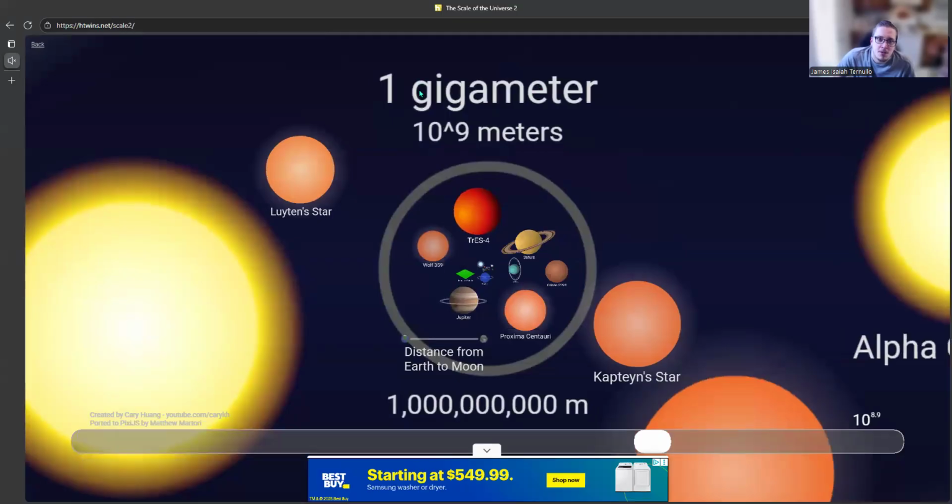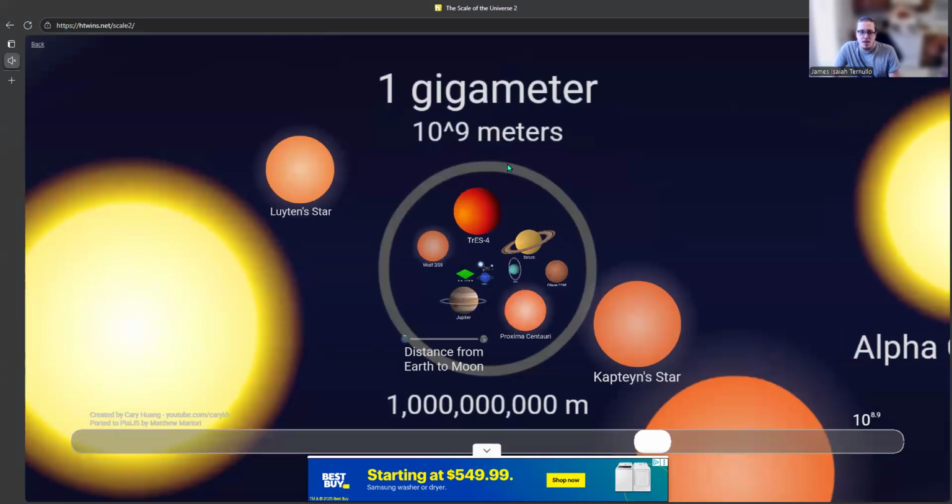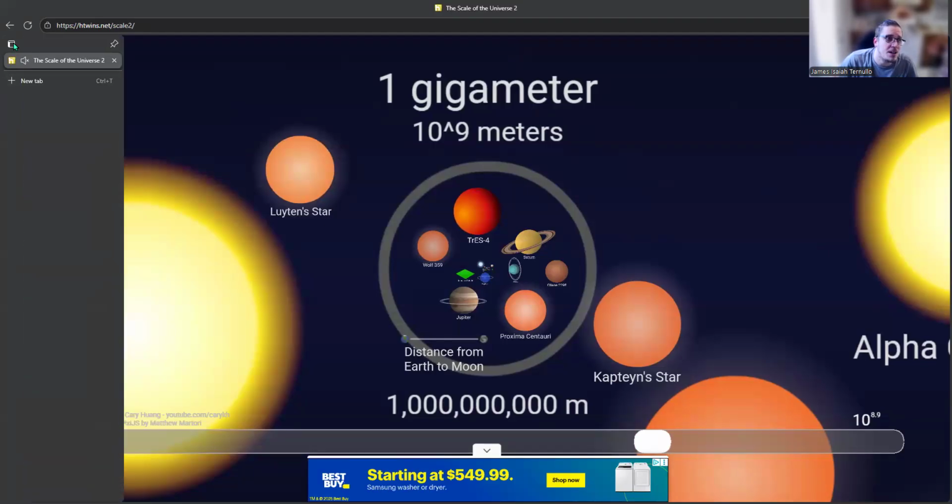Within this circle is everything that is measured with a gigameter, or is on the order of a size of a gigameter. The prefix giga automatically implies you multiply whatever number it is times 10 to the 9. In this case, if we're talking about distance, we're talking about meters. So we take 1 gigameter and multiply it by 10 to the 9 meters to get what is the next part of this assignment, which